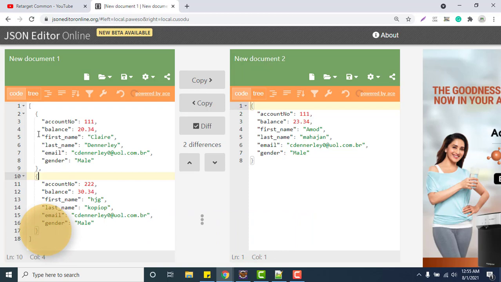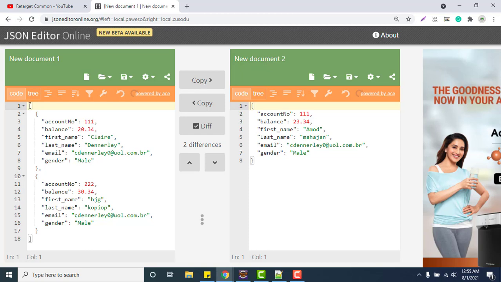This time it is taking one JSON array with two set of JSON objects. Simple thing. In this particular JSON array, there might be multiple JSON objects. That is the use of a JSON array actually. So how can we create this type of payload, or JSON array payload, using Pojo classes?